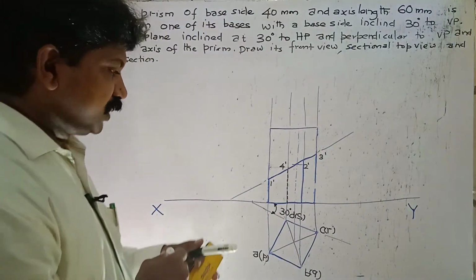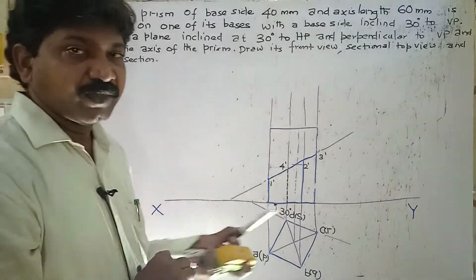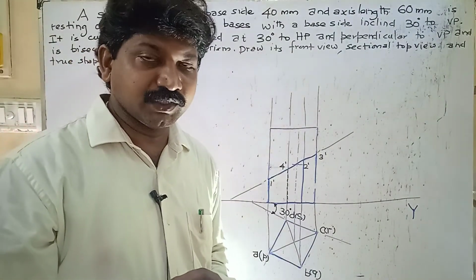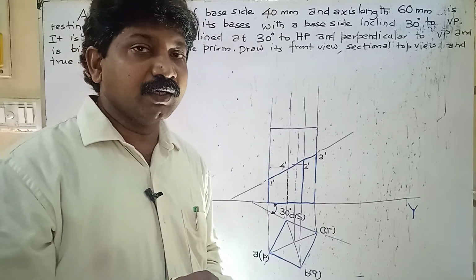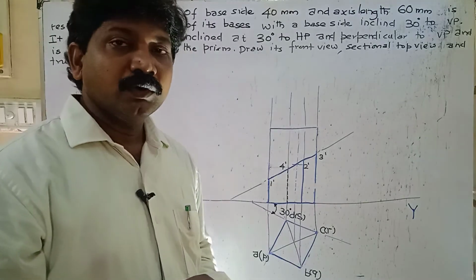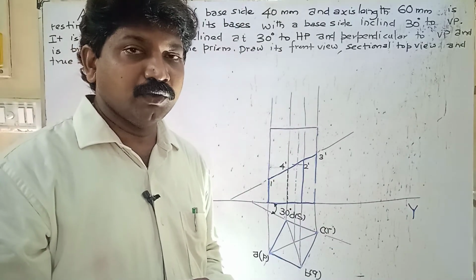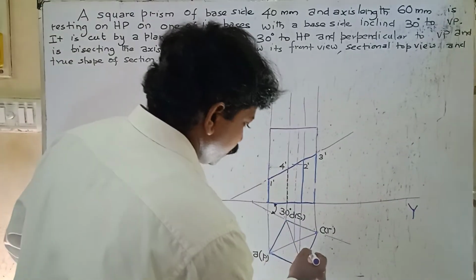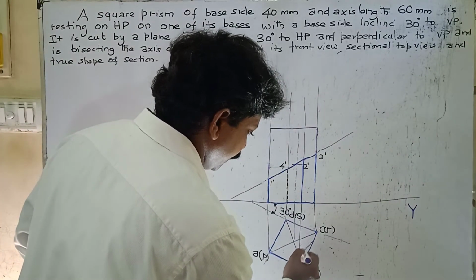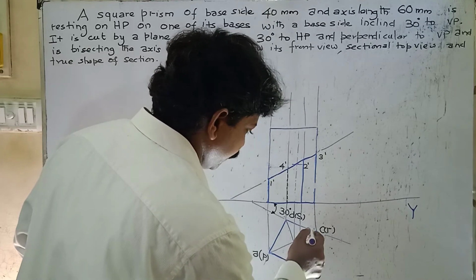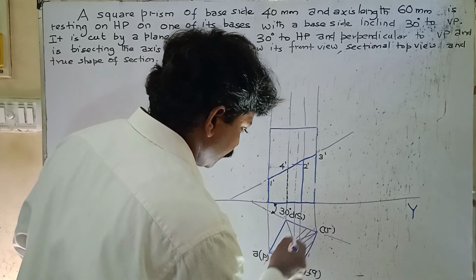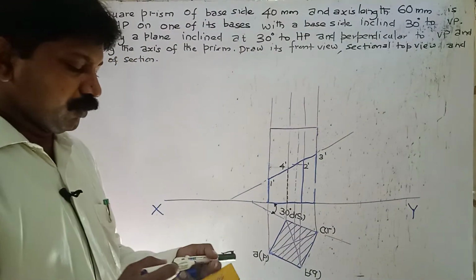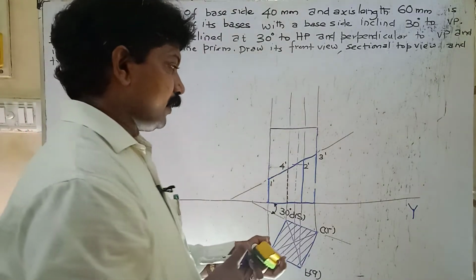Okay. Now how to draw the sectional top view? By using 2H pencil, draw the section line. The section portion is always represented by the section line or hatching line. The hatching line is inclined 45 degrees to the XY axis line, and the distance between the hatching lines is 2 to 3 mm. So draw approximately 45 degree inclined lines with a 2 to 3 mm gap in the section.